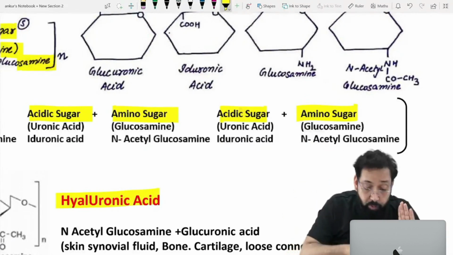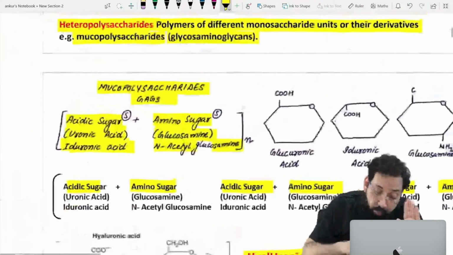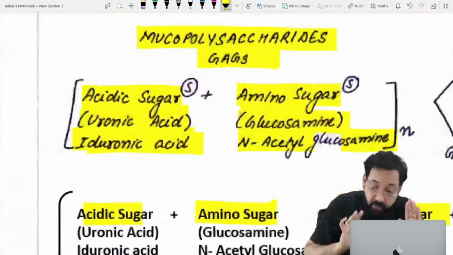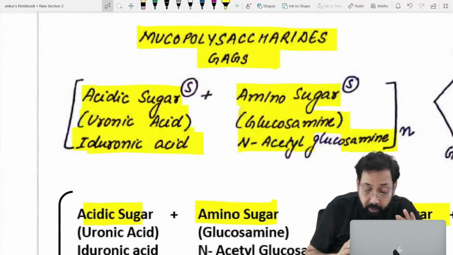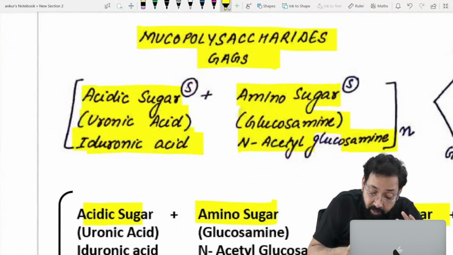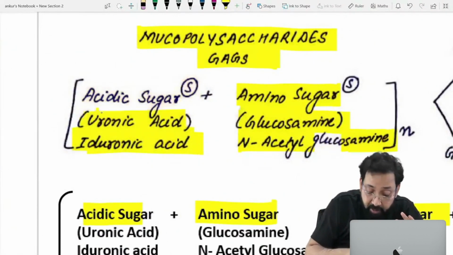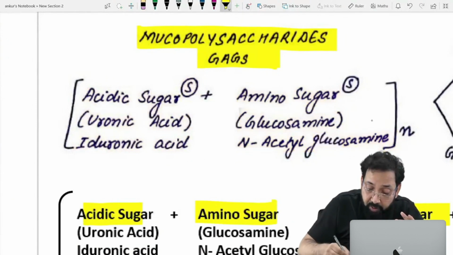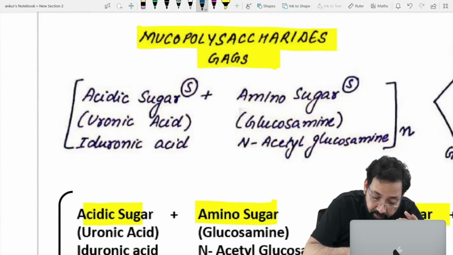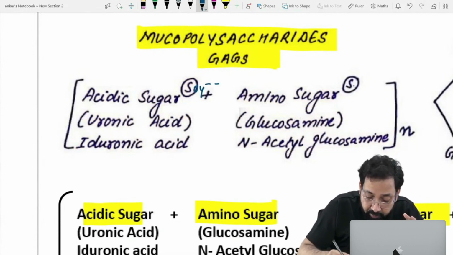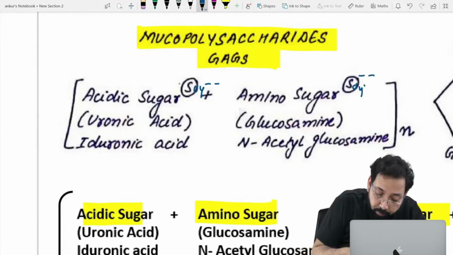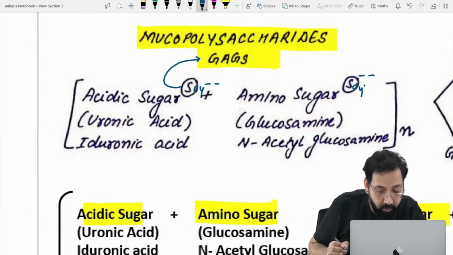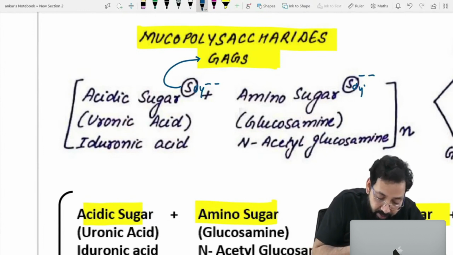And we found that all mucopolysaccharides or glycosaminoglycans were having sulfate. S means sulfate. All were having sulfate. All mucopolysaccharides or glycosaminoglycans have sulfate except